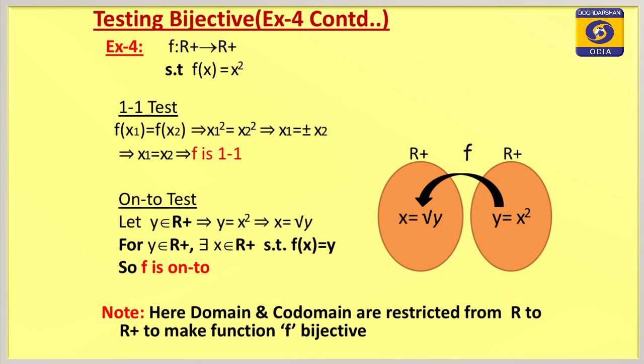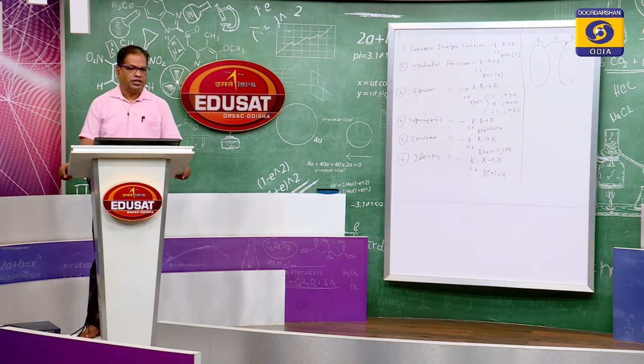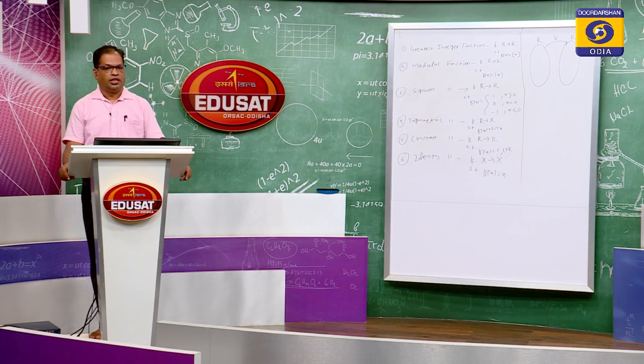For 25 we will get 5, we will not get minus 5, because here the function is from the set of positive real numbers to the set of positive real numbers. So, there are no negative real numbers in any case. So, for y equal to x square in R plus, there is an element x equal to root y belonging to the same R plus, because domain and codomain are the same, so that f(x) is equal to y. So, the function is onto. We had already discussed this when we discussed equivalent sets. So, the function is both 1-1 and onto, and this is a bijective function.